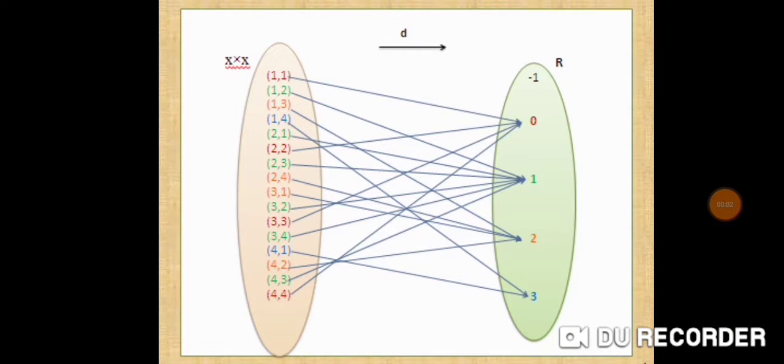Consider d of (1, 3). d of (1, 3) equal to d of (1, 2) plus d of (2, 3), since d of (1, 3) is 2, d of (1, 2) is 1 and d of (2, 3) is 1. So 2 equal to 1 plus 1. So 2 equal to 2. Combining these three examples, we get d of (x, z) less than or equal to d of (x, y) plus d of (y, z) for all x, y, z belongs to X. Therefore, d is a metric on X.